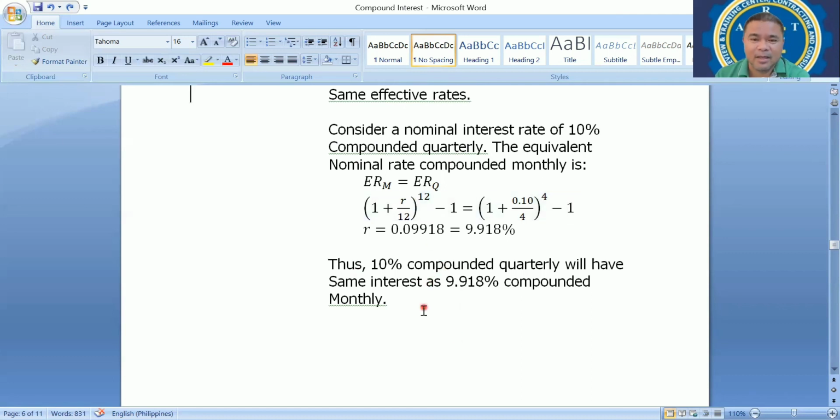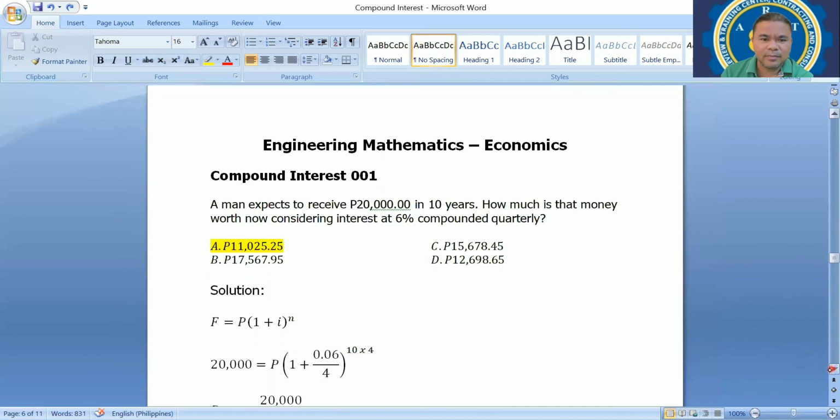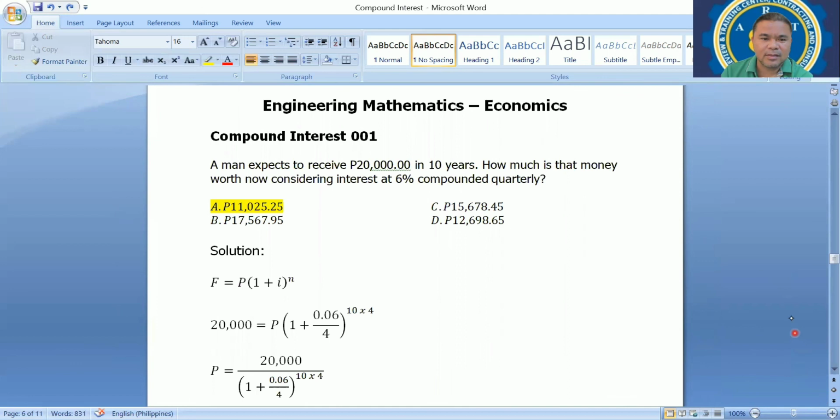Okay. So we have an example problem. Compound interest 001. A man expects to receive 20,000 in 10 years. How much is that money worth now, considering interest at 6% compounded quarterly? So he expects 20,000 in 10 years. So the solution